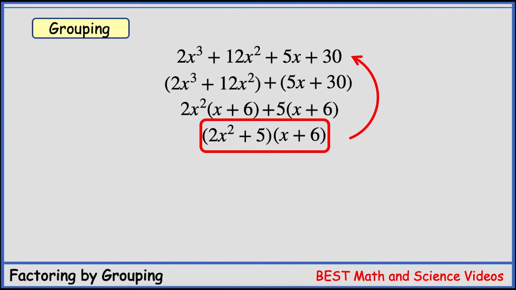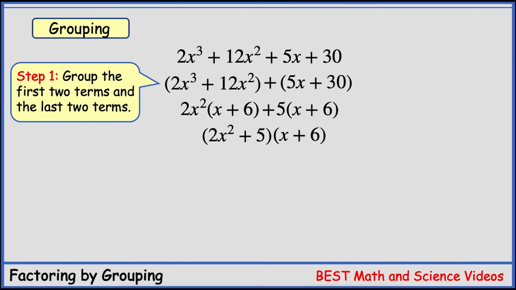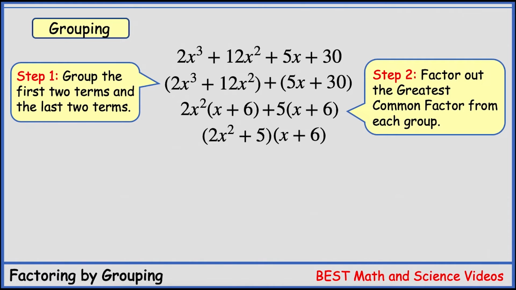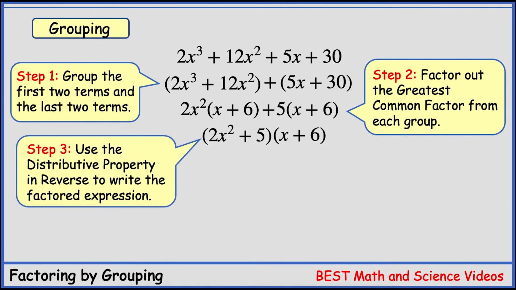Let's review the steps you can follow to factor by grouping. Step 1 is to group the first two terms and the second two terms. Step 2 is to factor the greatest common factor out of each group. And step 3 is to use the distributive property in reverse to write the factored expression. And that's it. Let's look at other examples with important points you need to know. For example,